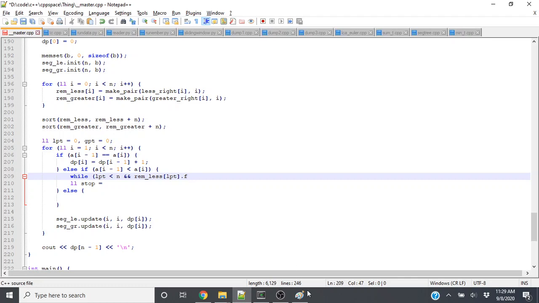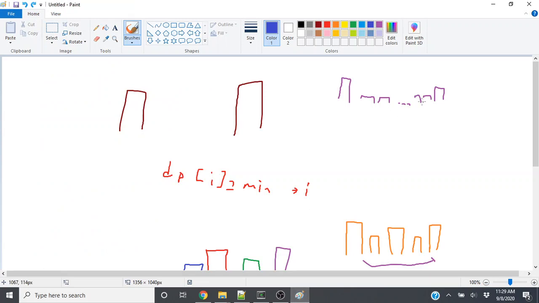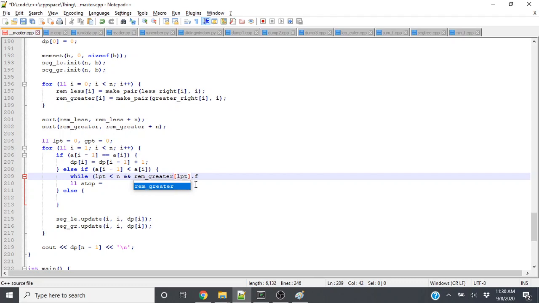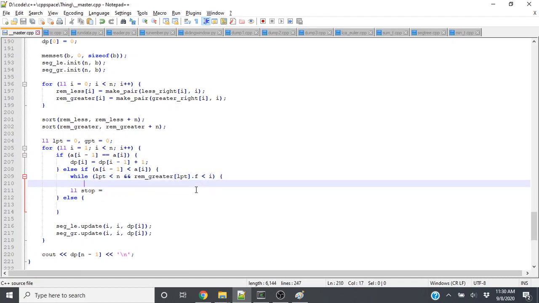Wait, if this is less, then this is only invalidated when we have an element that's less than this, I guess. Yeah, because it has to be a local maximum. So this should be rem greater, actually. Rem greater L point dot first is strictly less than I, then